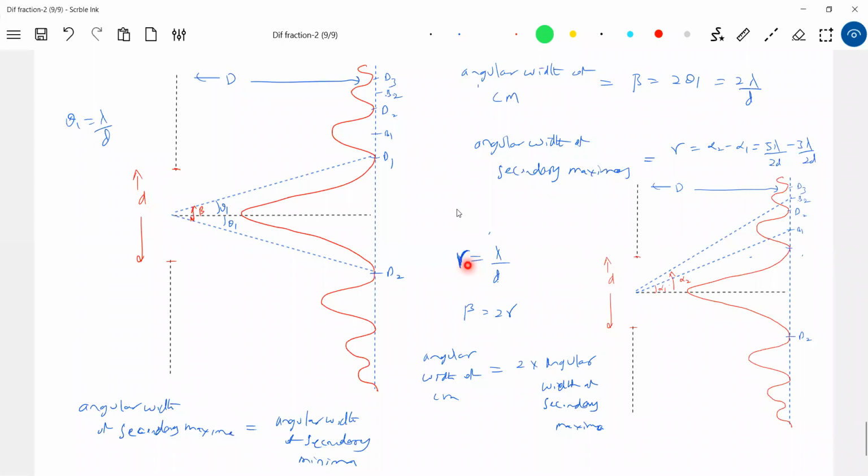What is the impact of the slit width on the central maxima? As you increase the width of the slit, what will happen to the angular width of the central maxima? It will also decrease here. Okay, is it clear? I'm more interested in this one. As you increase this width, this will also decrease here. Let's focus on this one. Okay, now let's get into the original concept, why we are studying